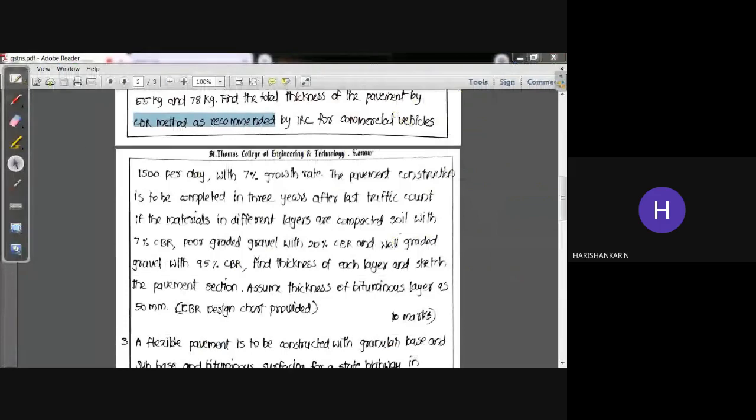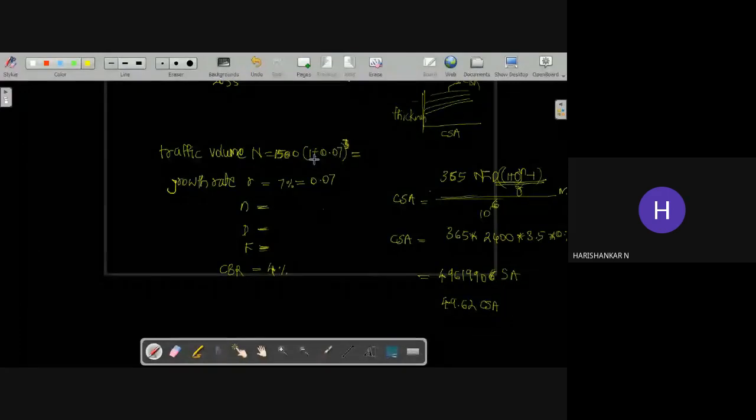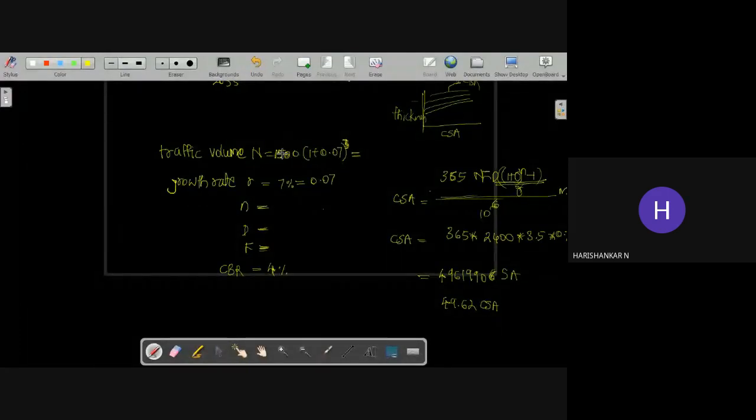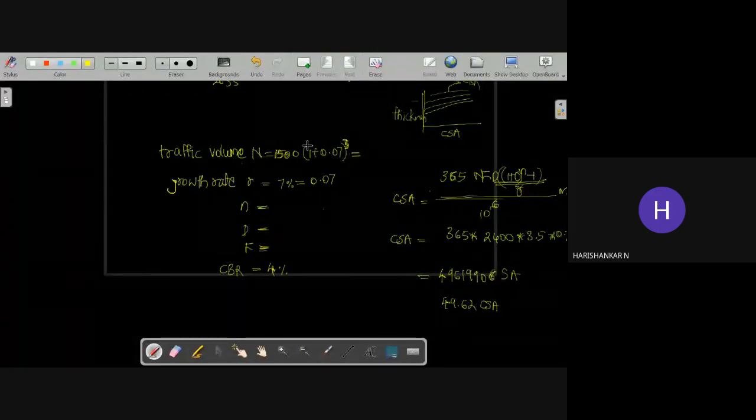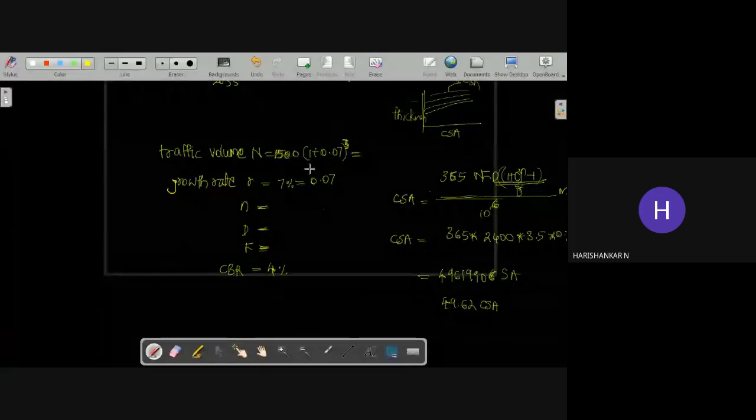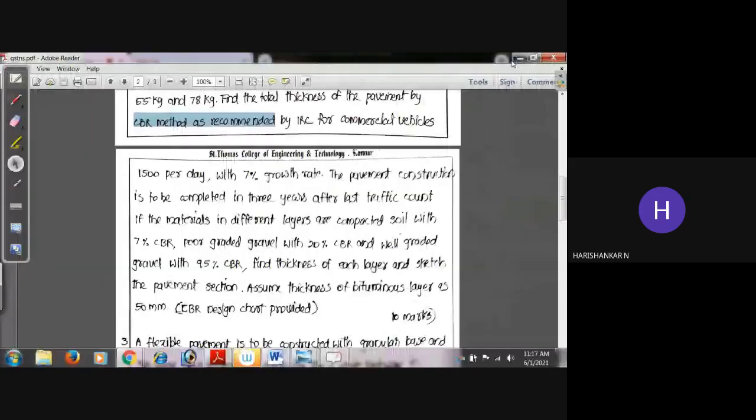Anyone? Why have we taken the n value as this much? Because this n value is not the n value available at the time of completion of construction. This n value was taken some 3 years back. So you have to find out the latest n value at the time of completion of construction. You may remember this equation, a into 1 plus r the whole raised to x. We had a sub equation for this main equation, and we have already seen this. I hope it's familiar to you. Anyone?